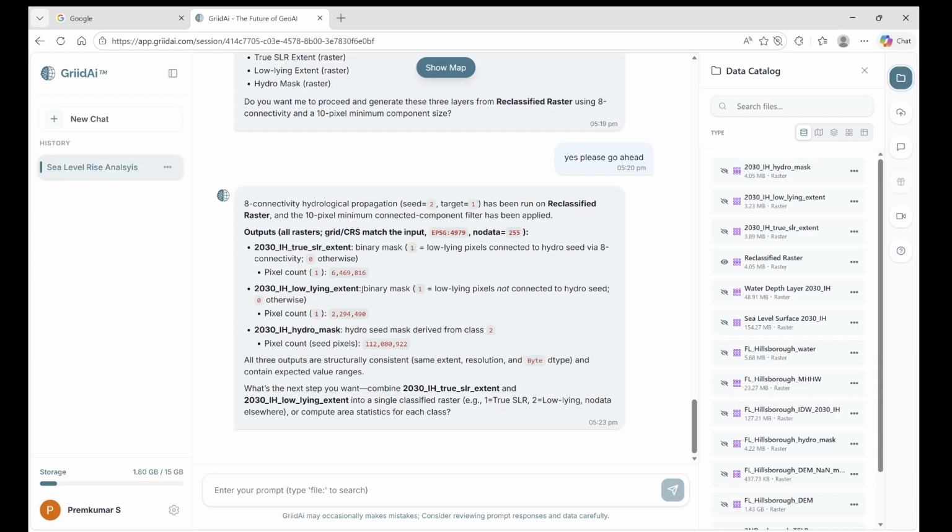That's the reason we are marking them as low-lying regions. And the most important part is the true SLR extent, where they have the pixel value of